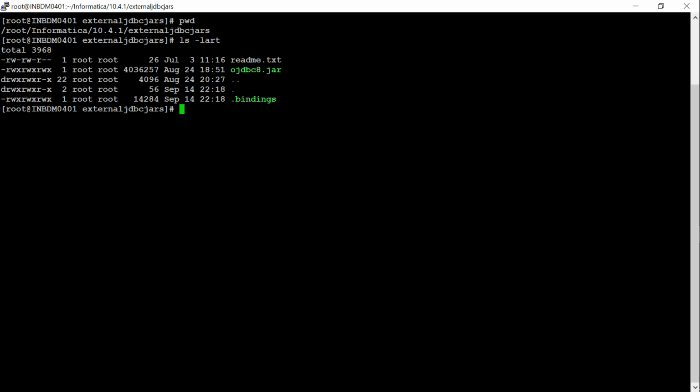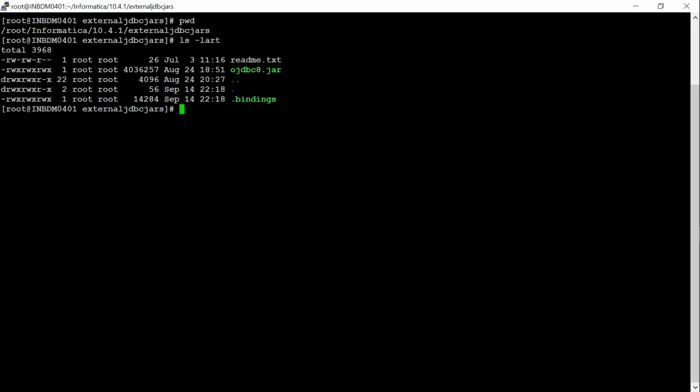This step you need to perform when you want to use the respective connection to run a mapping which has a JMS object. If you want to create the data object using the connection, or if you want to import the data object, then you need to place the bindings file in the client location, not the server location. So you need to have two connections created, one to import the data object and another one to run the mapping.